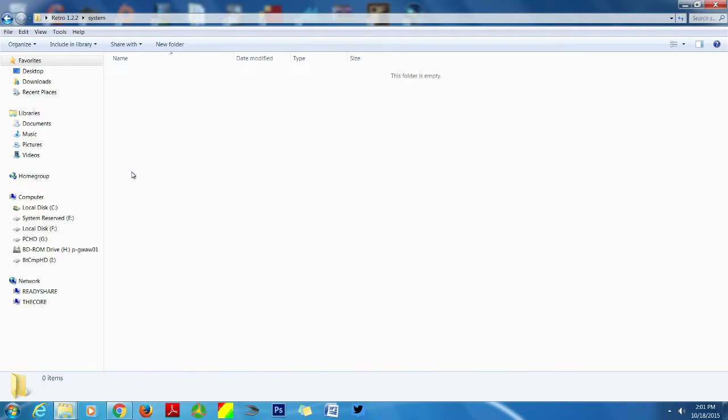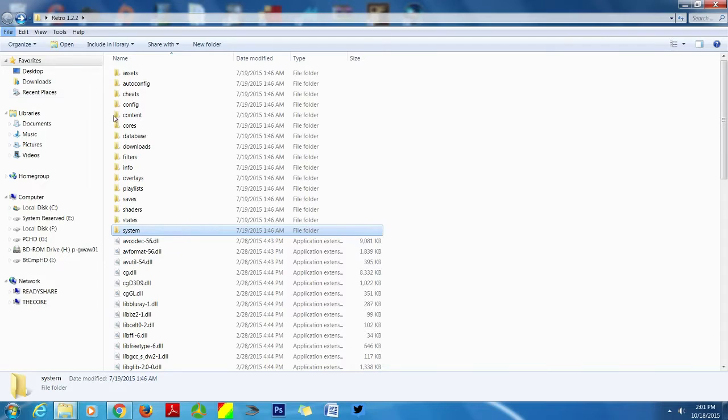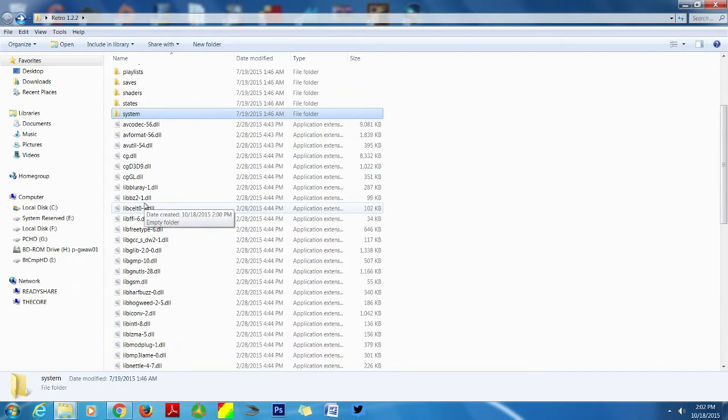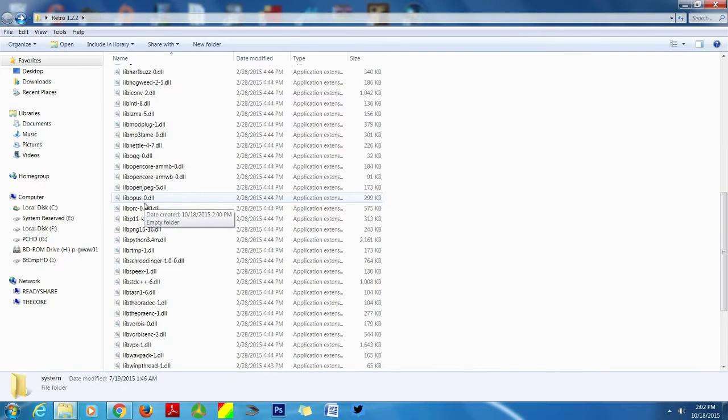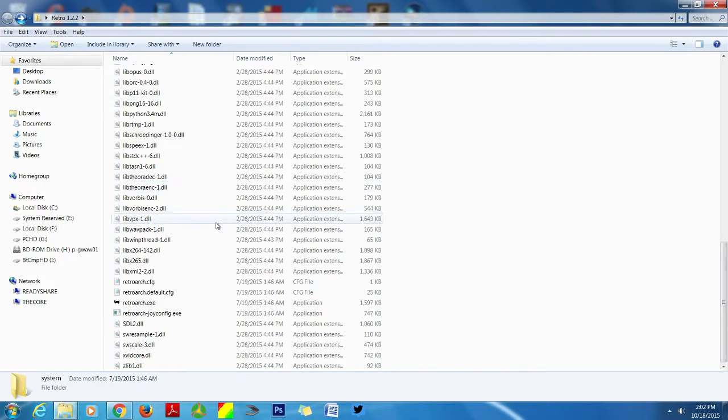Now, with the system folder, from what I understand, if you plan to use PlayStation emulators or Sega CD emulators, if you're familiar with those, you need a BIOS in order to run them. So I believe this is where you put it. I haven't actually had success running it, but that's exactly what I've been told, that you put it into the system folder. So I just wanted to point that out. Okay, so the main one that we're going to be running it through is, of course, the RetroArch exe, the executable file. So let's go ahead and do that.